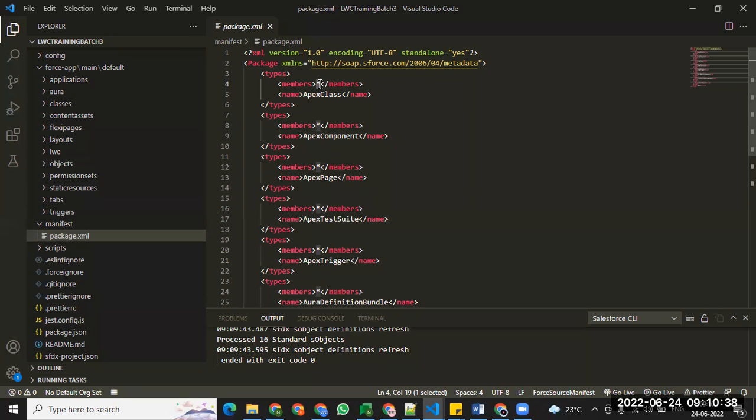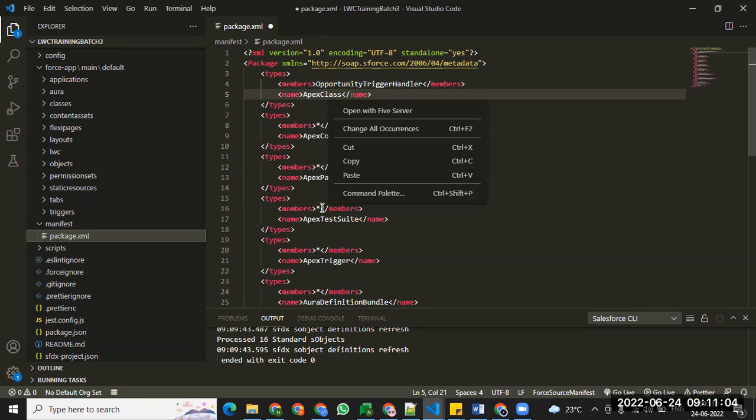If you want to fetch a particular class, you can just mention this class name, for example, opportunity trigger handler. Suppose you want to fetch only this class, you don't want to fetch all the classes in your system, so you can just put this class name and you can simply right click here. But as we haven't connected this project to the Salesforce org,